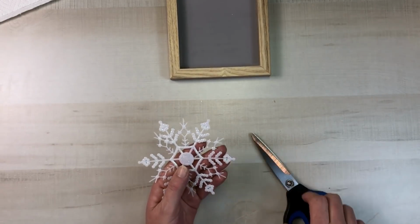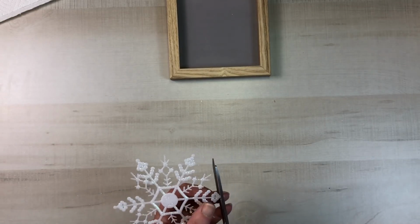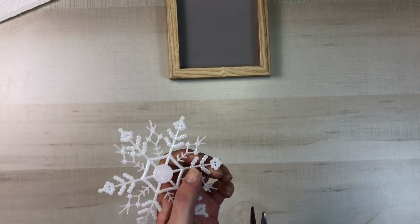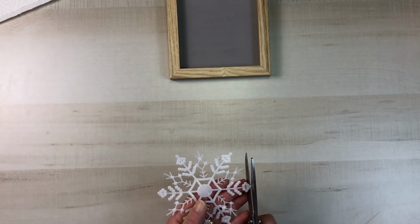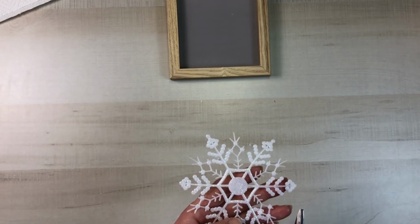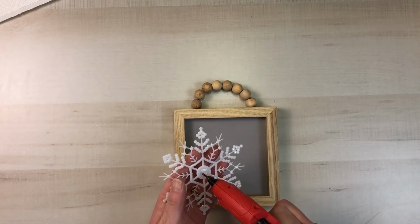It's just a little bit larger on the sides. So I just cut one little rounded tip, and then on the opposite side of that, I cut the other rounded tip, and then it'll fit in there perfectly. And to attach that, I use some hot glue right in the center,